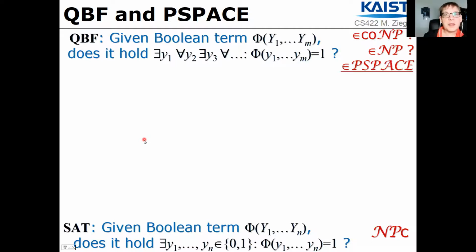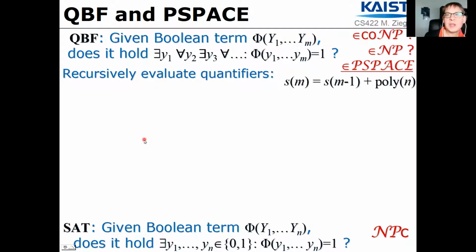So next, let's observe that this decision problem can be solved in polynomial space, in a polynomial amount of memory. To this end, let's design an algorithm that solves this problem using a polynomial amount of memory. It turns out to be a recursive algorithm. So here we consider an algorithm that recursively evaluates, or determines the truth of, this quantified expression such that the memory consumption of this algorithm